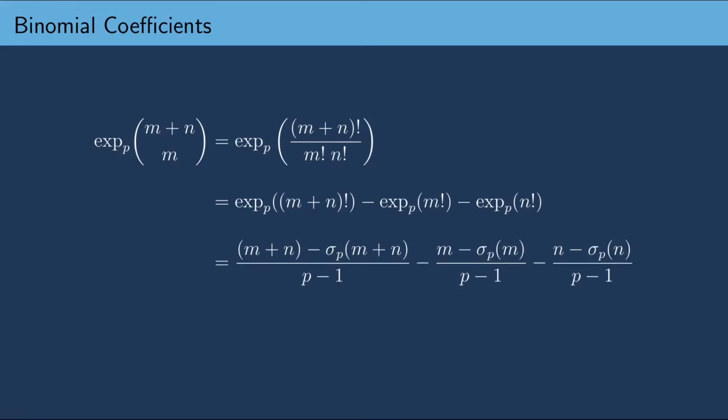Using Legendre's formula, this gives us this, which, when we combine some fractions, gives us the sum of the digits of n and the sum of the digits of m minus the sum of the digits of n plus m, all over p minus 1. This formula here gives us the number of carries when we add n and m together in base p,